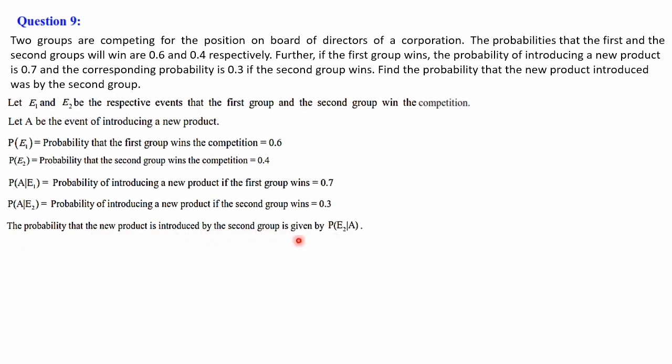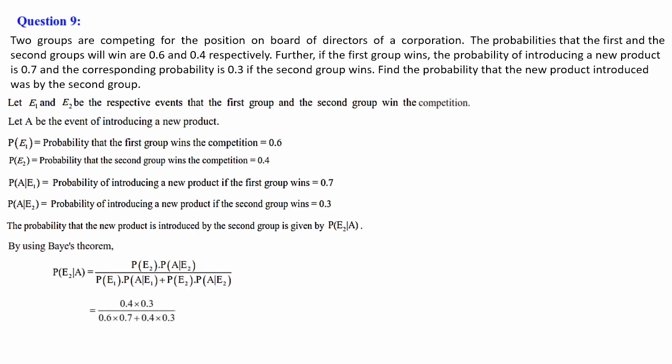That is, symbolically we can write it as P of E2 given A. So let's write the formula by using Bayes theorem. P of E2 given A is equal to P of E2 into P of A given E2 divided by P of E1 into P of A given E1 plus P of E2 into P of A given E2 total. Let's substitute it. P of E2 we have 0.4 and P of A given E2 we have 0.3 and P of E1 is having 0.6 and P of A given E1 we are having 0.7 and this is same as